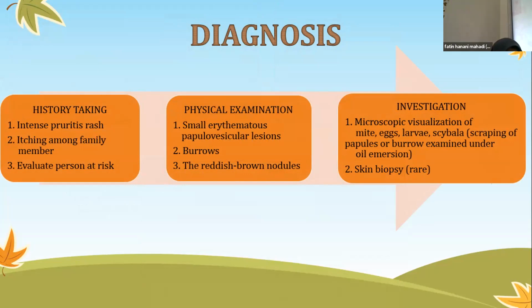Okay, as for the diagnosis, making a firm diagnosis for scabies before the treatment is actually important, because the treatment for scabies may exacerbate other dermatoses such as atopic dermatitis and can cause unnecessary skin irritation. Therefore, first, scabies should be suspected in infants or children with generalized pruritus of recent onset and the characteristic eruption, where it is accompanied by itching among the family members.